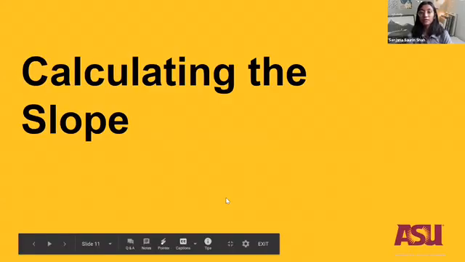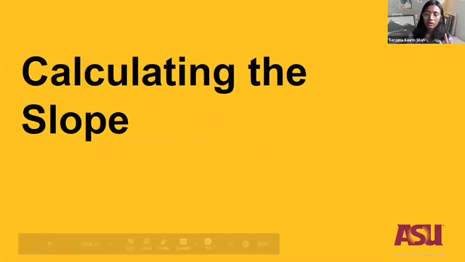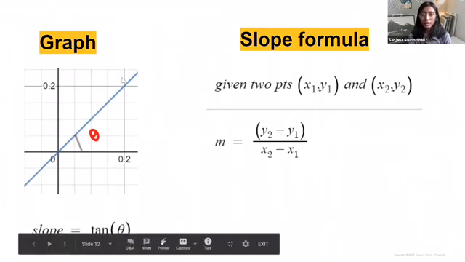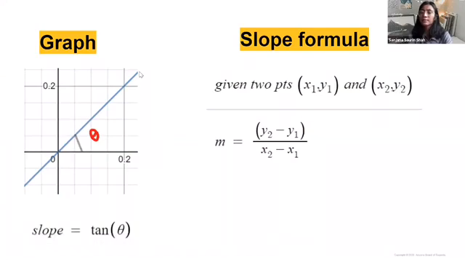Next topic is calculating the slope. Now, the idea of the slope comes from graphs. If this is your graph, slope is basically the angle at which the line is tilted in the most literal sense. But why is it important to know how to calculate slope in Calc 1? Because there is